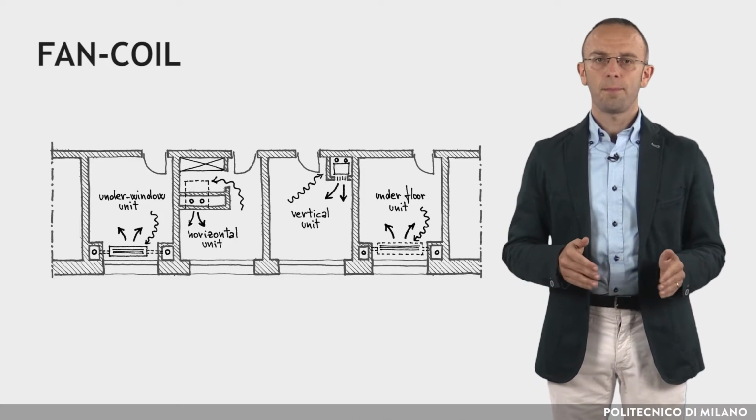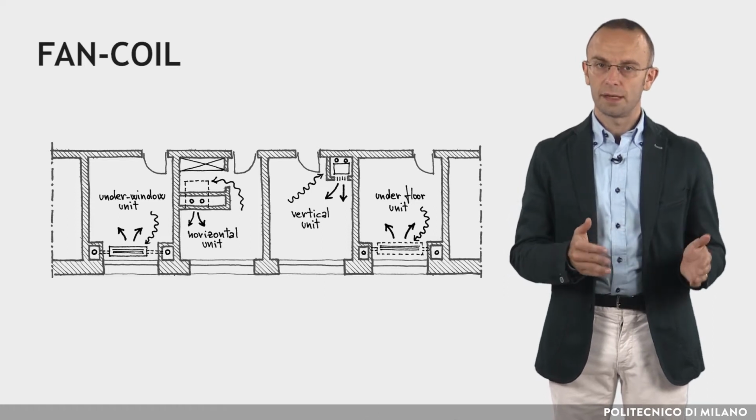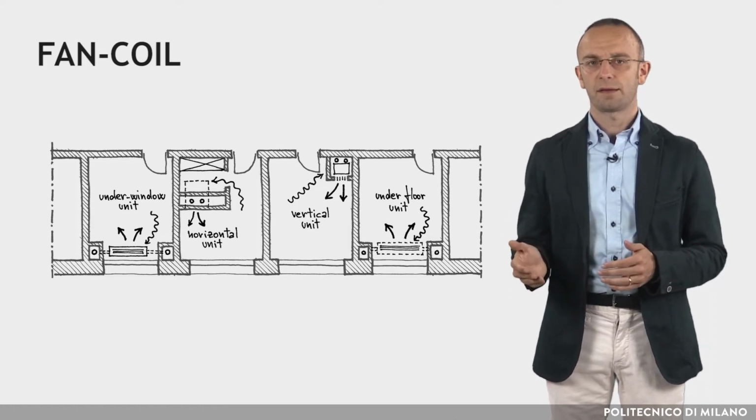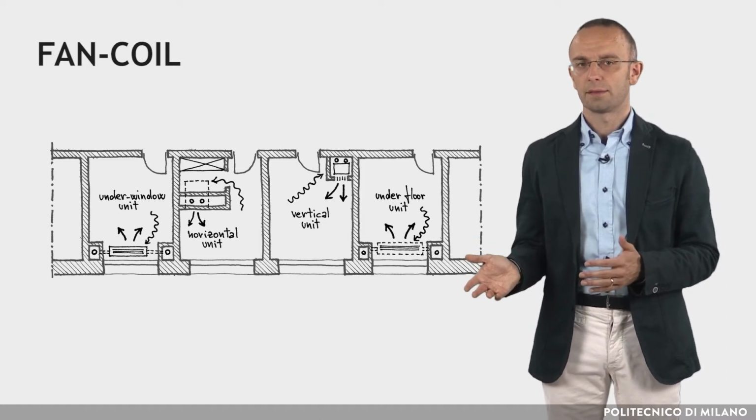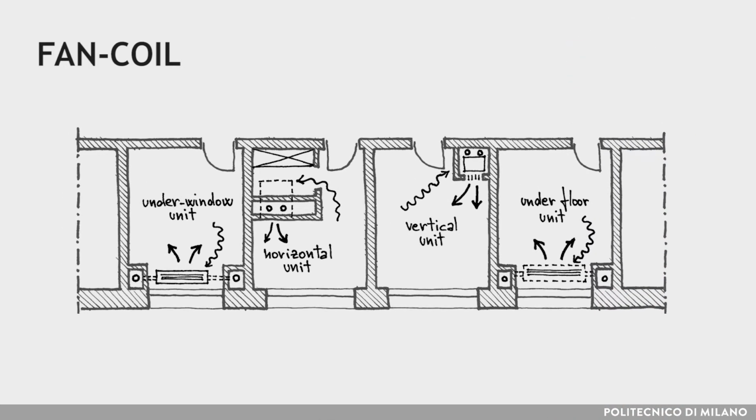A fan coil system provides some air dehumidification, which is a secondary effect of the cooling and typically cannot be controlled independently. Fan coil units can be installed in suspended ceilings or along walls. Individual fan coils are connected to the water distribution system, and the control of the unit is achieved either by changing the water flow and/or the fan speed.